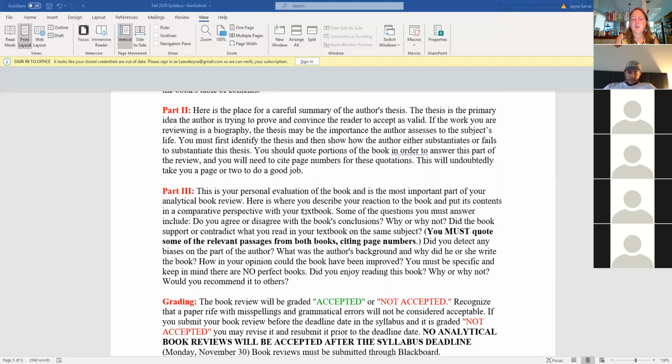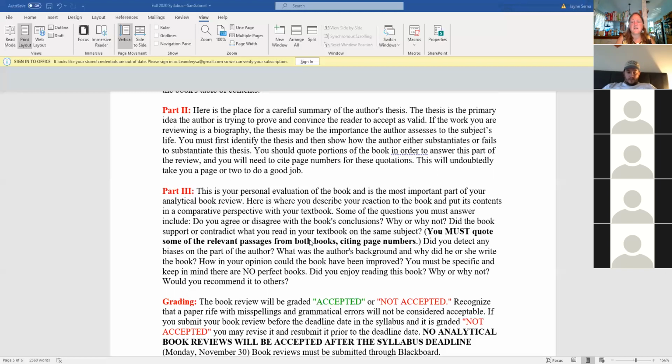So you want to compare what you knew or what it says with the textbook. And if there's nothing in the textbook about what you read, like if you read that book that I have on the list about boxing, it does not talk about boxing in our textbook. So, you know, you would say like the book doesn't specifically mention this, but it does talk about the Vietnam conflict. I did have a person one time talk about how poorly written the book was.